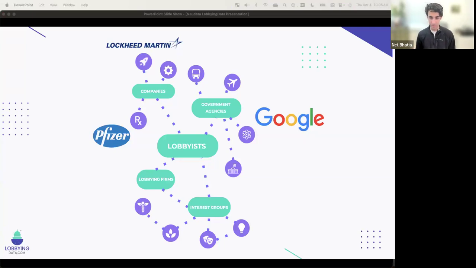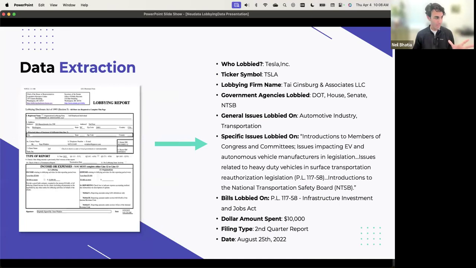So when Apple or Facebook or Pfizer goes to a lobbyist and talks about their pain points with the government, what exactly are they looking to do with the lobbying? That is the main point of our data set. So on the left over here, it's a lobbying contract by Tesla. That's exactly what it looks like. That's the form that the lobbyist fills out and submits to the government as a disclosure form on a quarterly basis. So we extract this data and make it as easy as possible to understand.